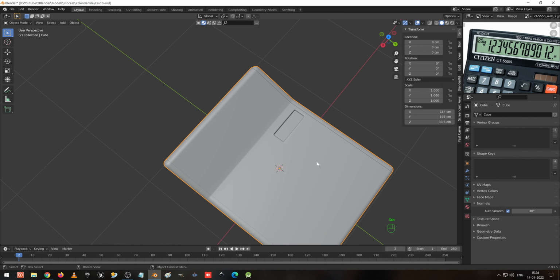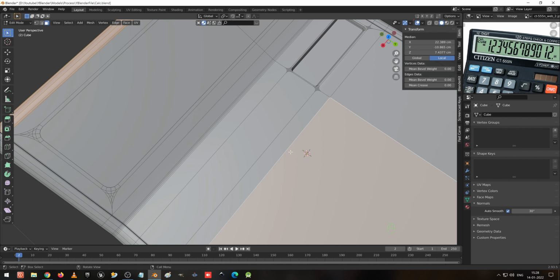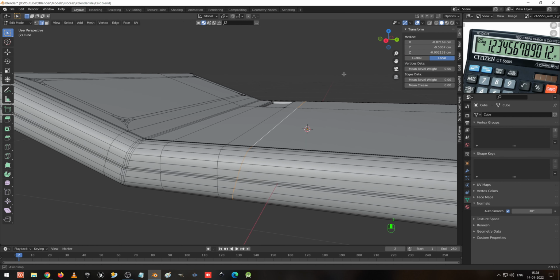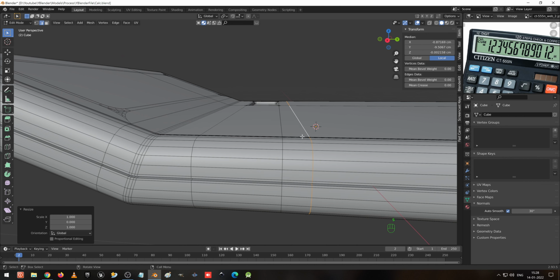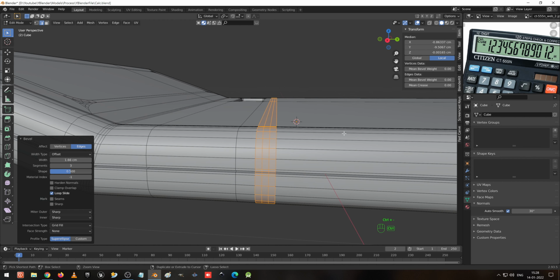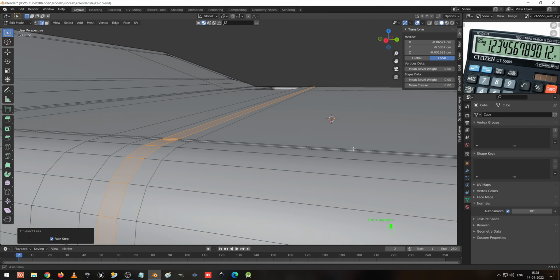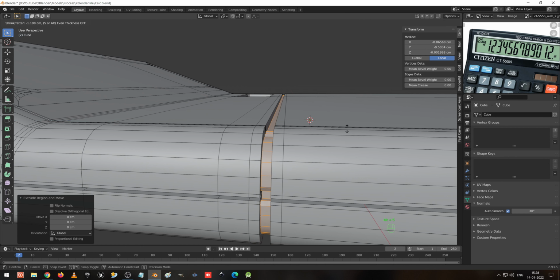Okay, here one more line has been created for the strip line. Same thing I'm going to do. Scale it in the Y axis to 0 and press Ctrl B to bevel. Using the shift key I'm going to reduce it, and I'm going to make it big. Ctrl minus, extrude, cancel, Alt S, and I reduce it inside.